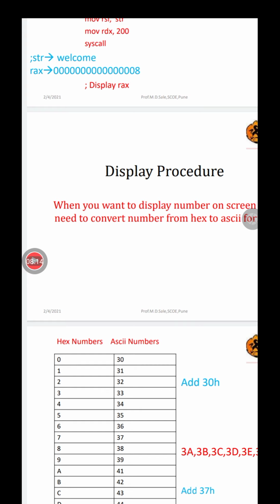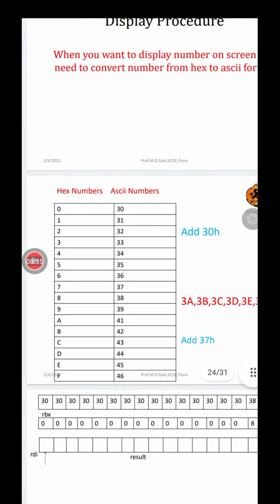That means to display these 16 digits on the screen, I have to store the ASCII equivalent of every individual digit into one array, and whenever I print this particular array using the write system call, I will get this value on the screen. I hope everybody is understanding.